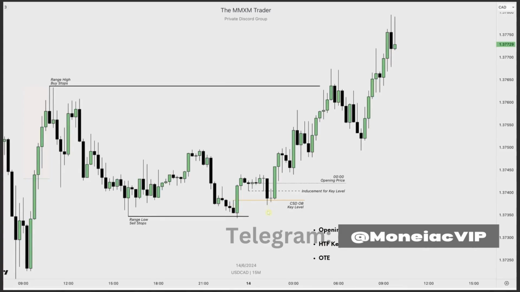Just like we saw on the DXY weekly chart, right? With that weekly order block, price dips into it and takes out sell stops on the way. You can see that here as well. We have this short-term low with sell stops resting below it just before that key level, right? So price dips back into that key level. This is inducement, right? So sellers get trapped,